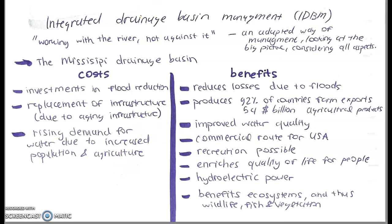River Management Features Part 2, the IDBM, so the Integrated Drainage Basin Management. So this is a whole new concept for drainage basin management that considers the sustainable use of the whole drainage basin. So it's working with the river, not against it. It's an adapted way of management, looking at the big picture,